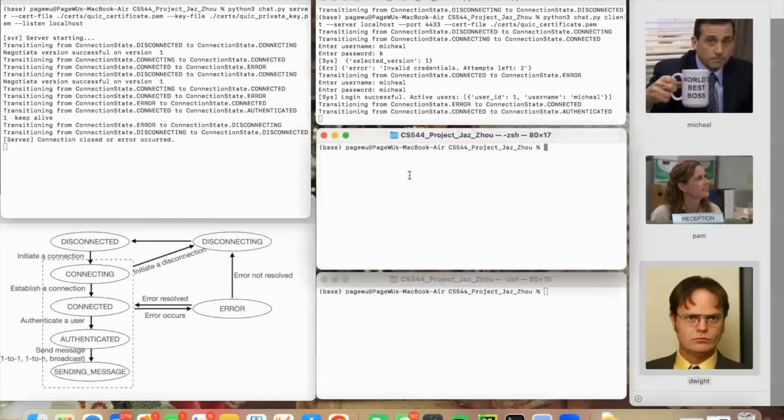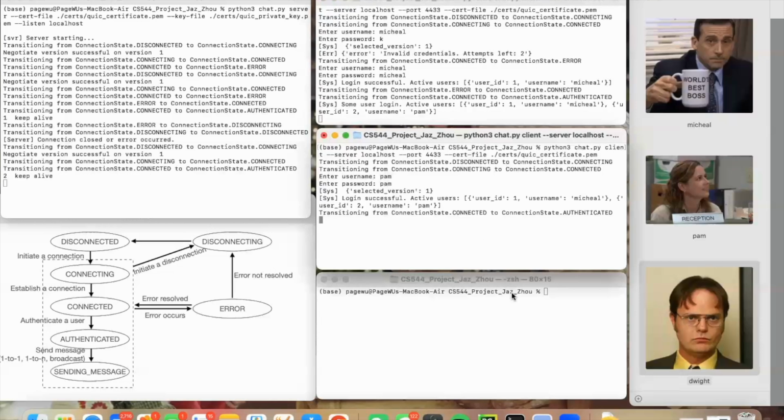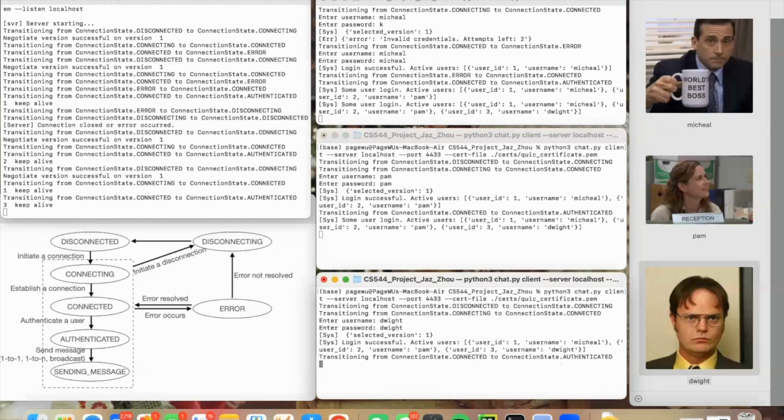So now let's log in Pam and Dwight as well. Notice that each time a new user logs in, both the new user and all existing active users will receive a notification listing all active users, and the server assigns a unique user ID to each active user for messaging